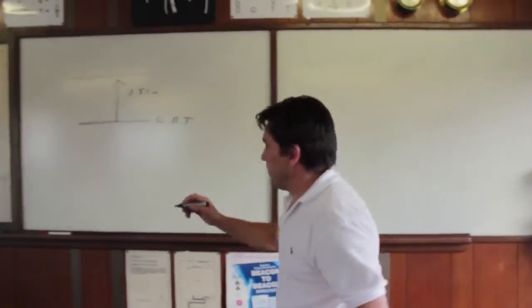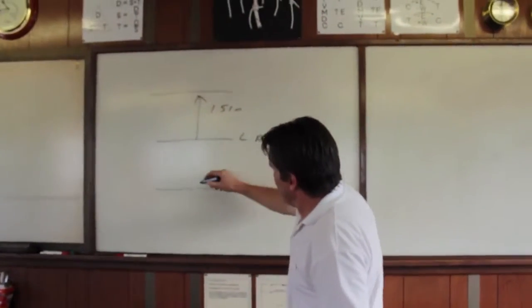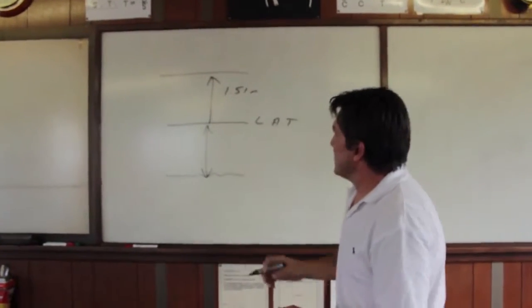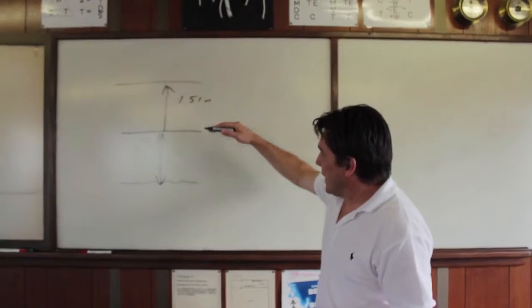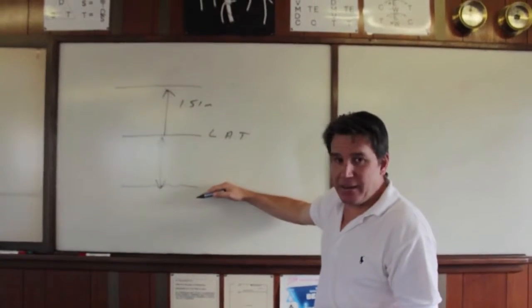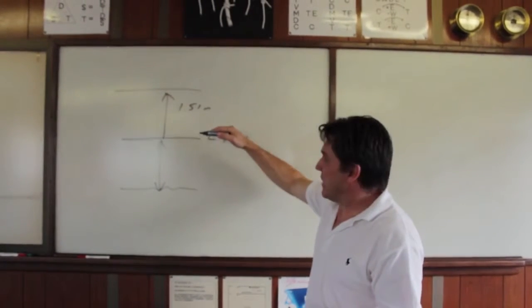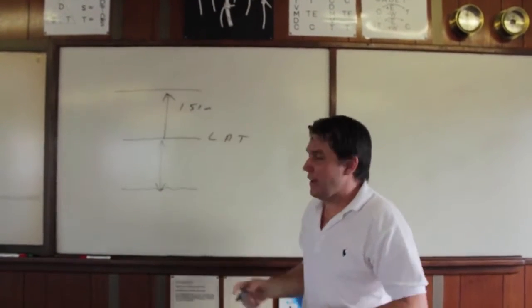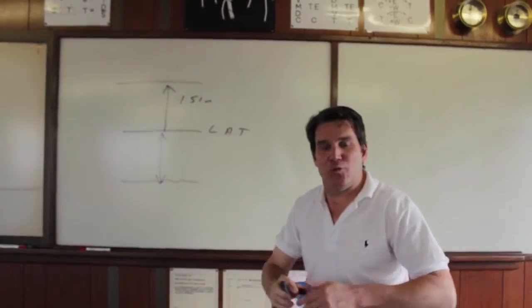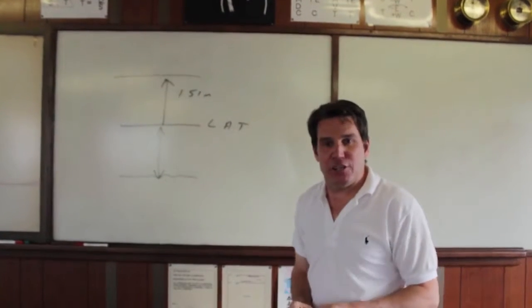Now that calculation, or that number, is a measurement taken from the seabed to the lowest astronomical tide. So the depths on charts are measured from the lowest astronomical tide to the seabed. The height of your tide is measured from the lowest astronomical tide to the water surface. If you add those two figures together, you'll get an actual depth of water, which is extremely useful in your